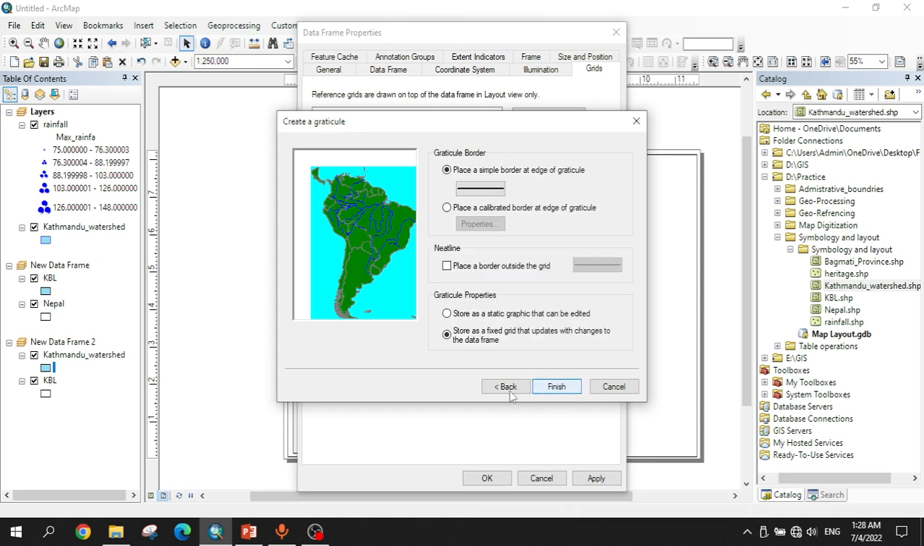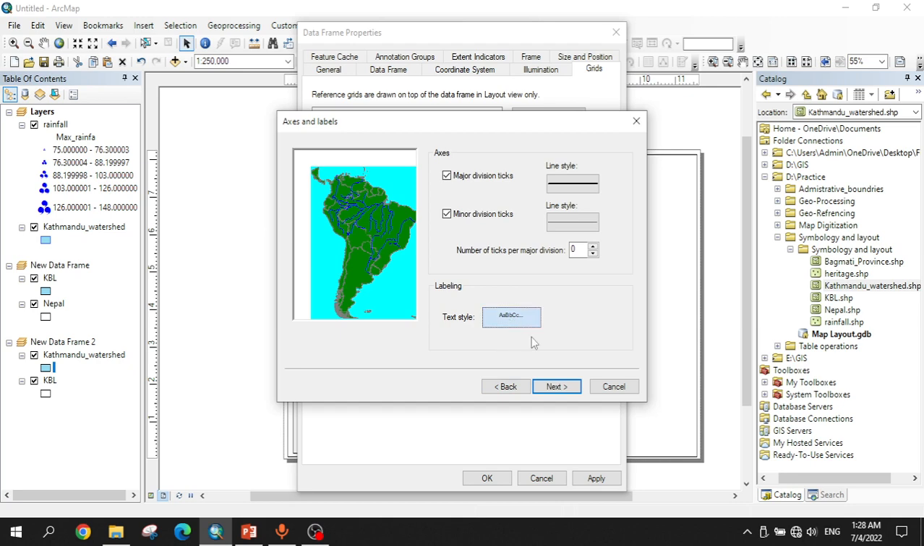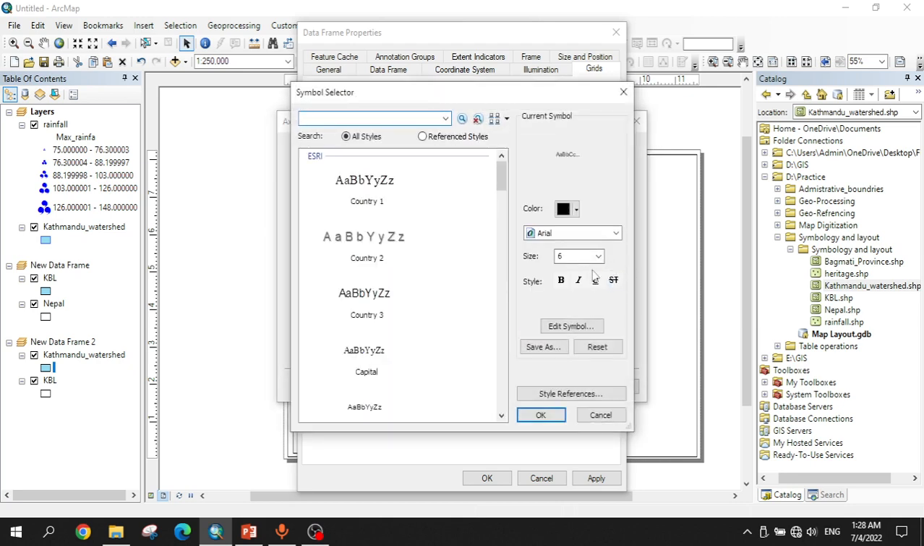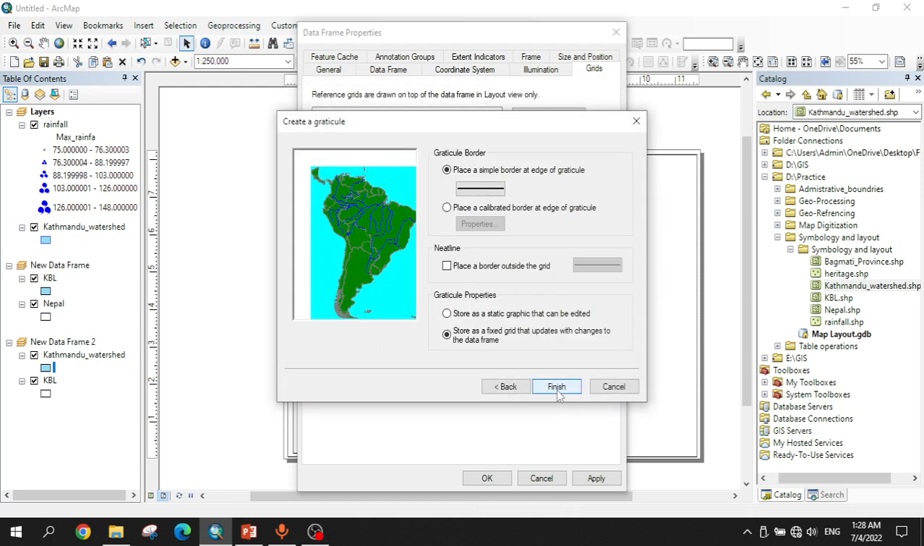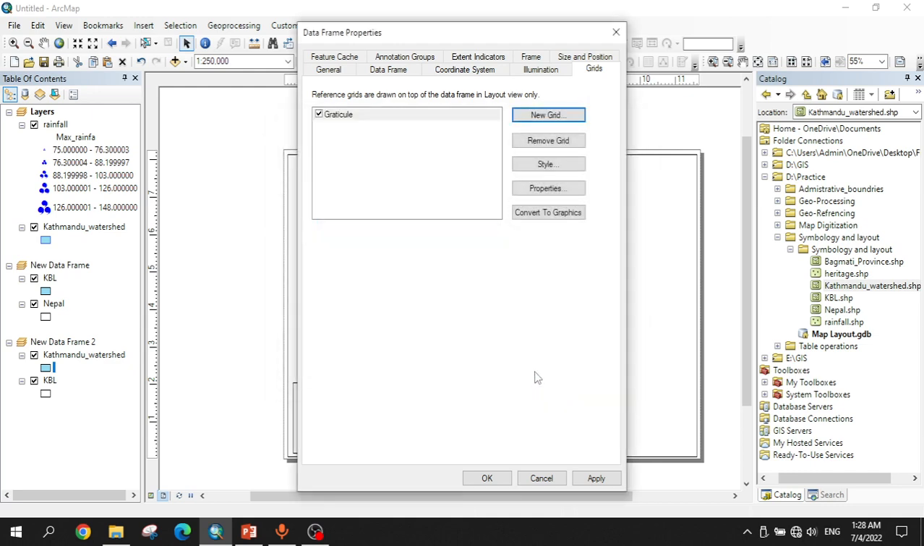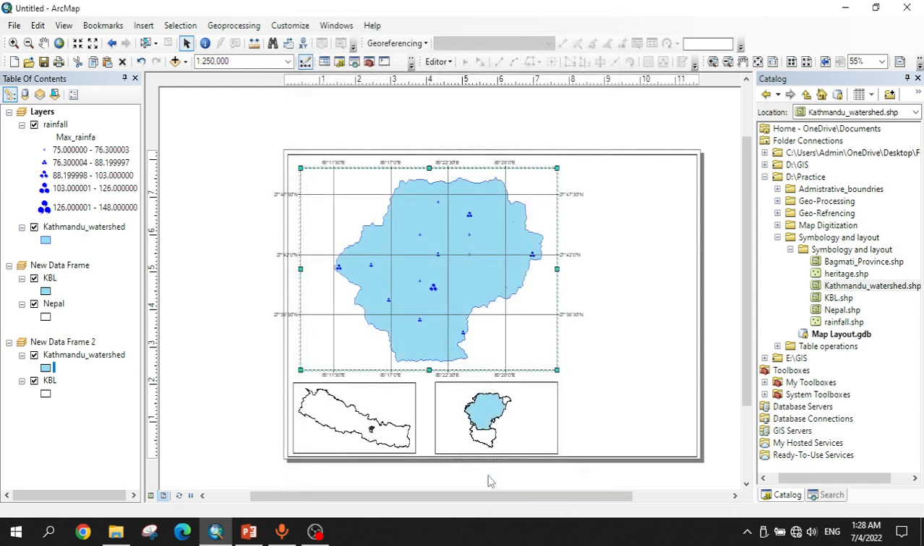Then next, in the text style you can choose the text height, text size. Let the text size be 10, then okay, then next. Then fixed grid, then finish, then apply, then okay. Then after doing this, the grid line has been added, but we can see this coordinate is in horizontal,